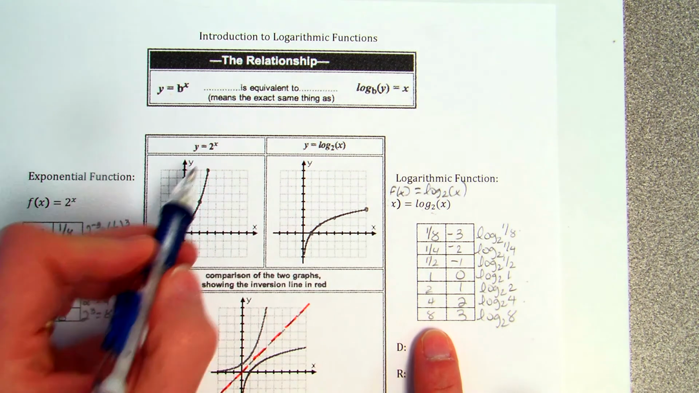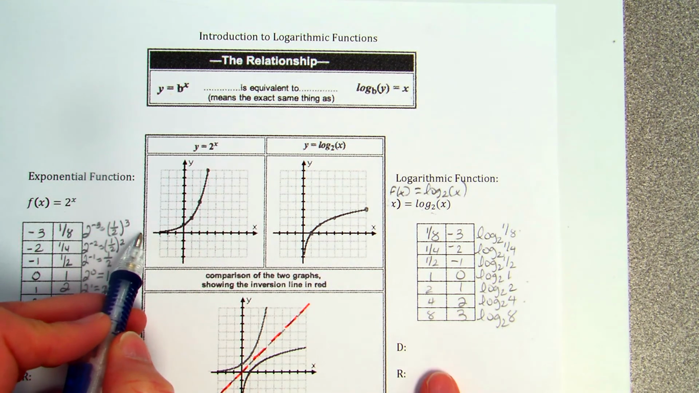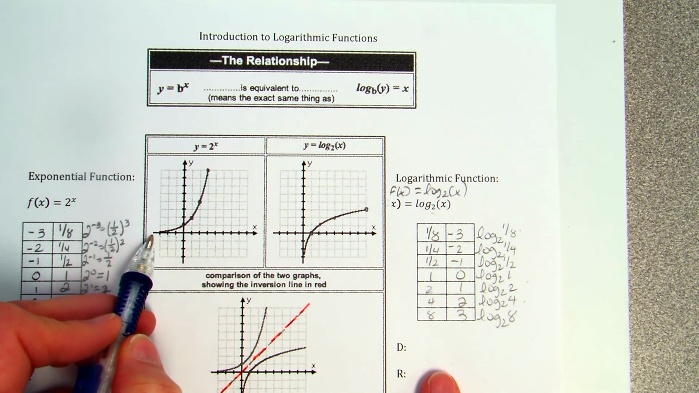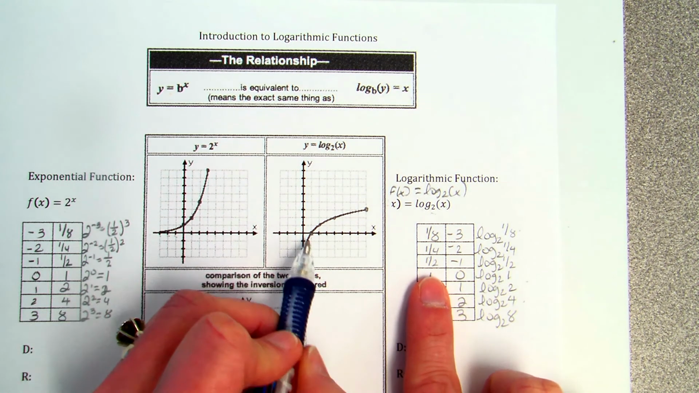Now, for the exponential, remember those y values never approached 0, never got to 0. They approached 0 but never got there. Well, let's go talk about these negatives. Look what's going to happen. If I go over